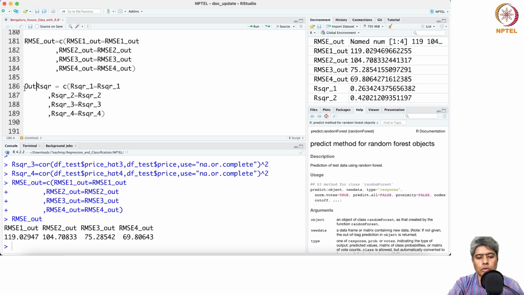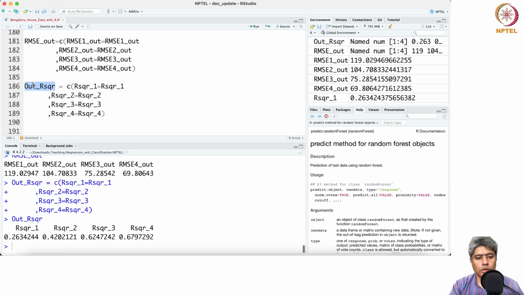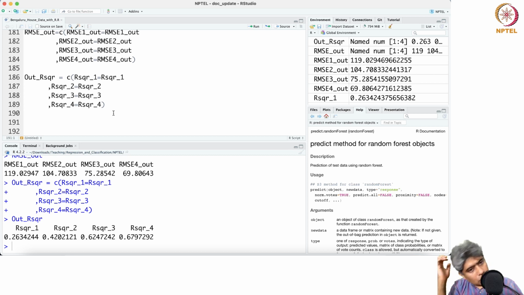Out-of-sample R square, out-of-sample R square is this. So it has gone up to almost 70%, 67.68%, 67.9 is the maximum out-of-sample R square that we have found. So